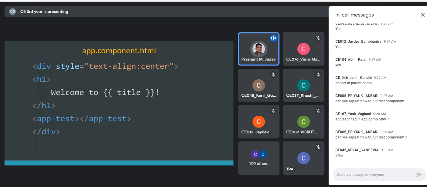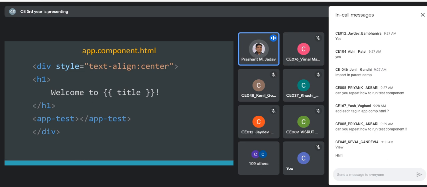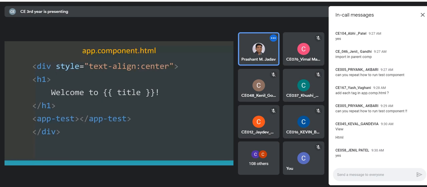So the app-test would be replaced by the view of the test component. And what is the view of the test component? Either it is the inline template or the external HTML file, right? So now is it clear? What should be the output you should get?